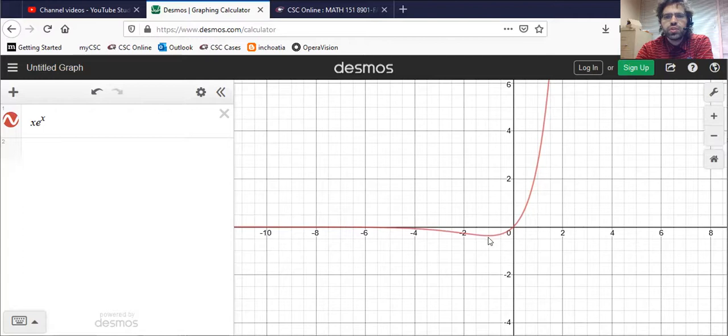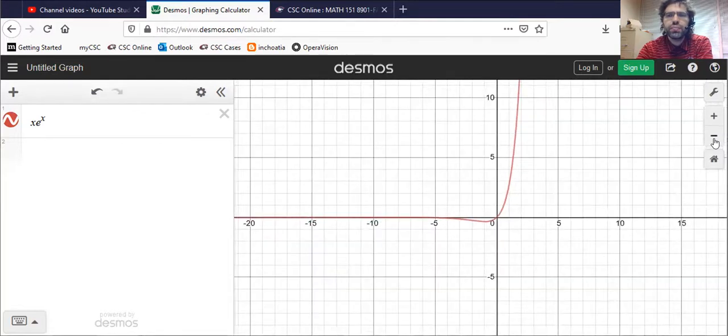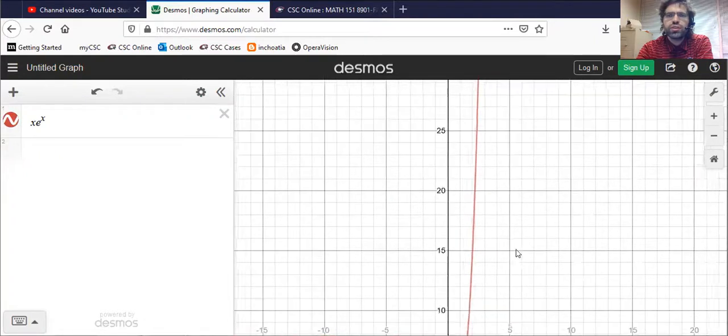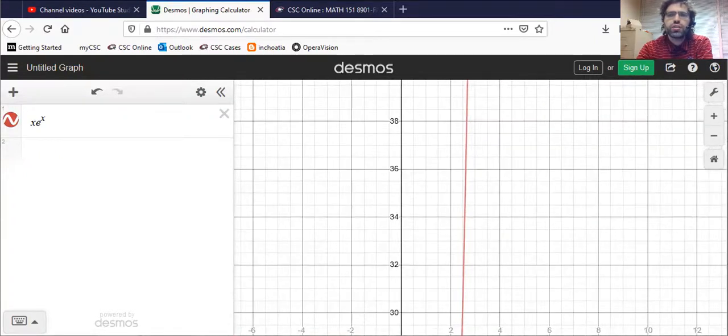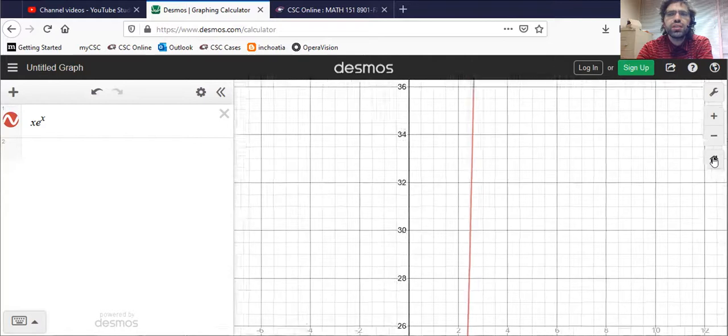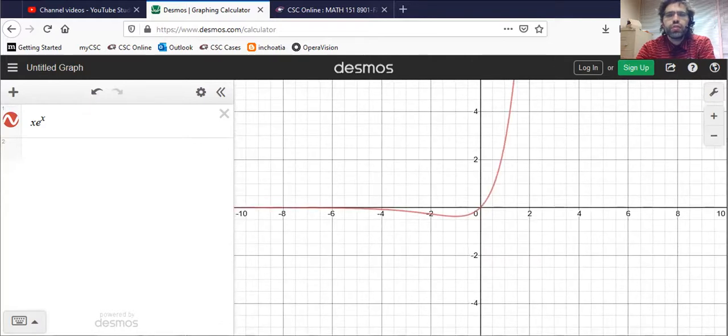And it seems like maybe there's an absolute minimum somewhere around -1. No absolute maximum, though. If we keep going to the right, this just keeps growing to infinity. So we'll look for the absolute minimum, and we'll make the